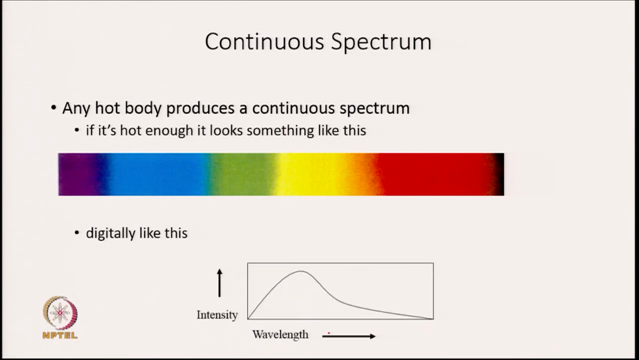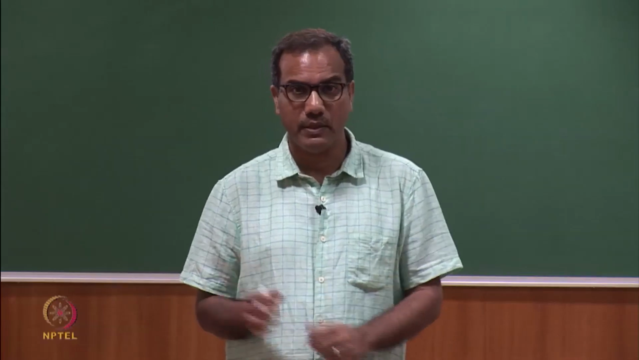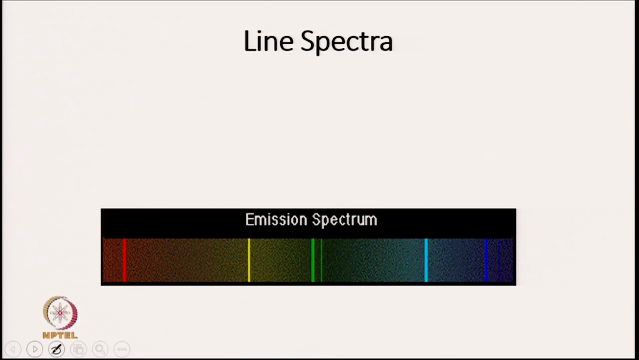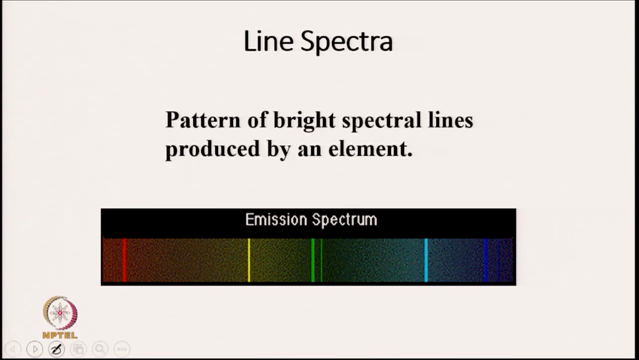So, this is your intensity versus wavelength, and you can see that at every wavelength you can see intensity. It may be low intensity, high intensity, but the light emitted consists of every wavelength, and that kind of spectrum is called a continuous spectrum. In the line spectrum, now you can see that there are lines. You do not see light of every wavelength. So, when you can see this kind of spectra,